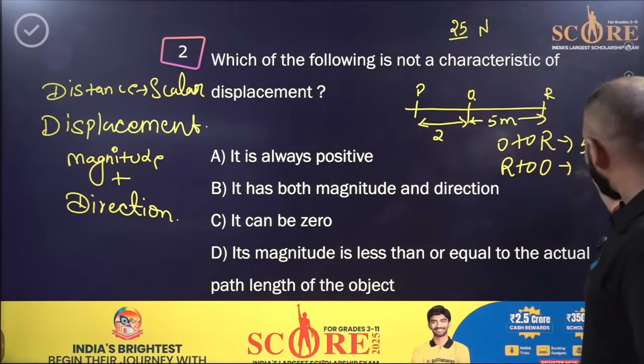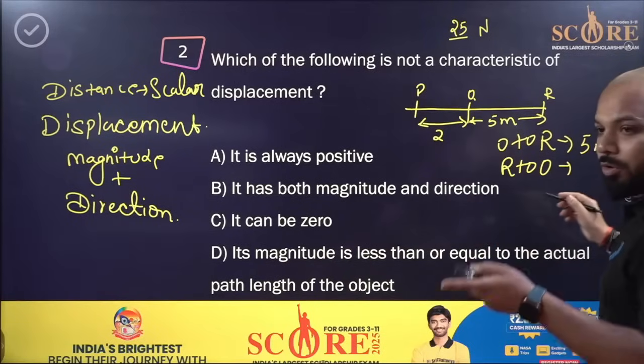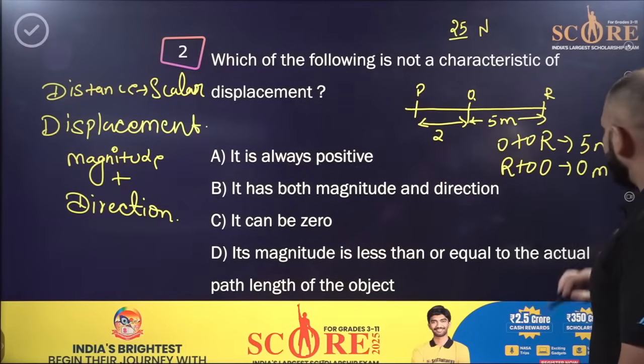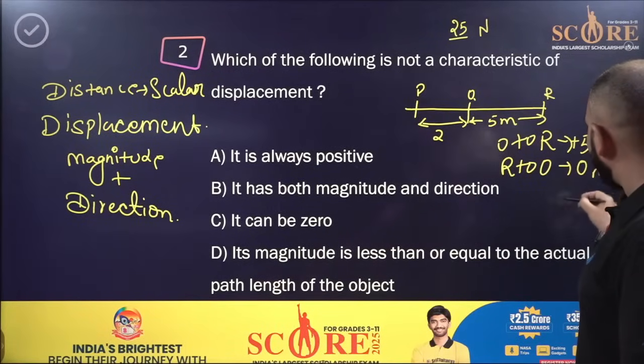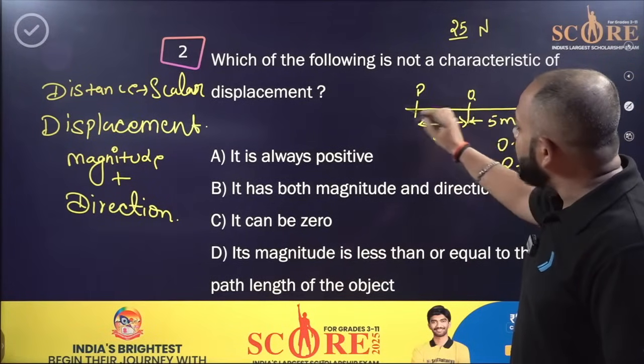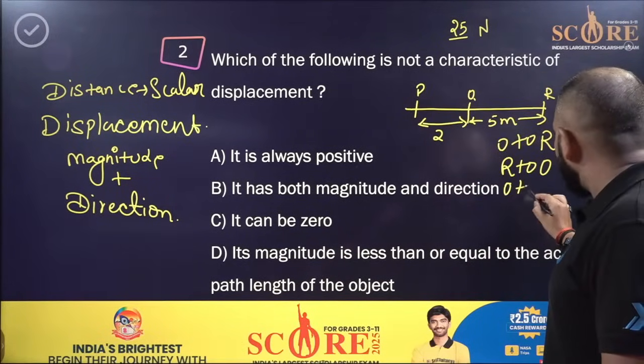Got it? I hope you know this part. If you don't, please write in the chat. So that will be 0. Now see, we got some positive value, and we got the 0 value also. Now if I want to go from O to P again,